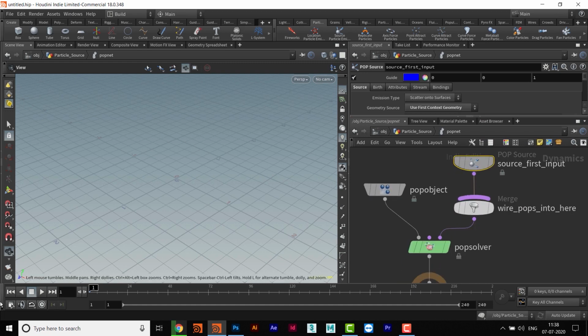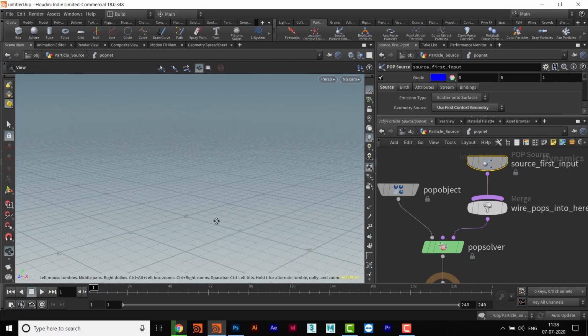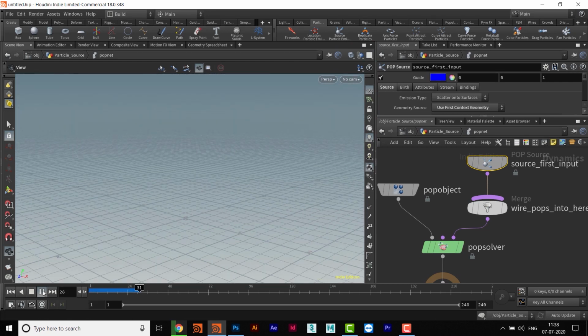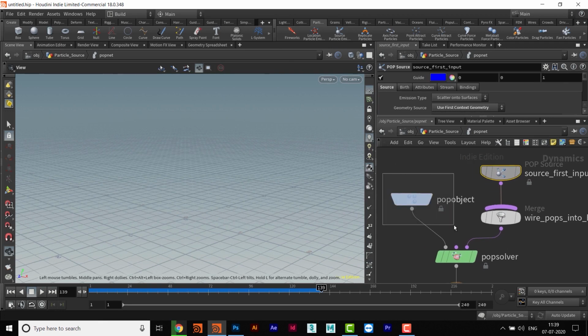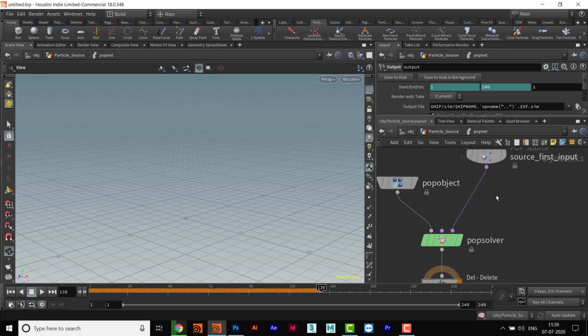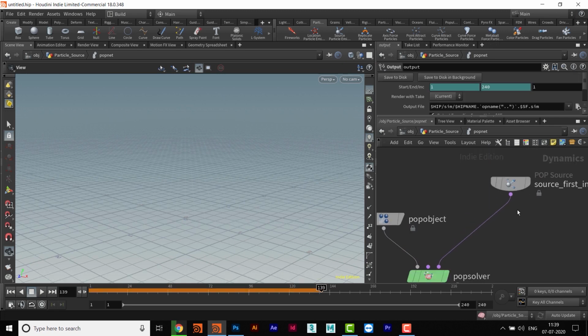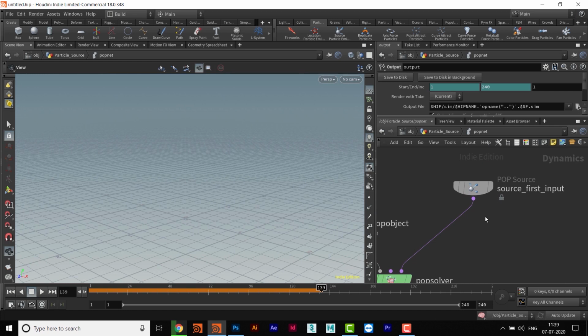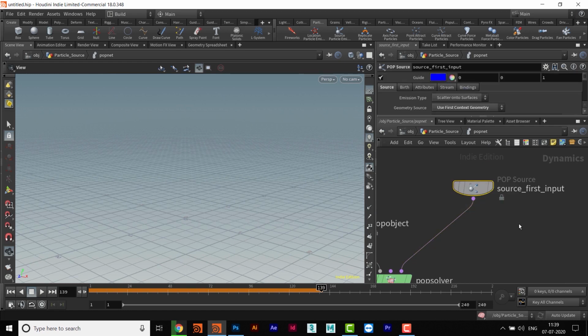Even if I play this right now, we are not going to get anything. Why? Because we don't have the source. Okay, pop object is there, and then pop solver is there, but this is not going to solve anything, and the pop object is blank, there is nothing. So we are going to delete this pop source.